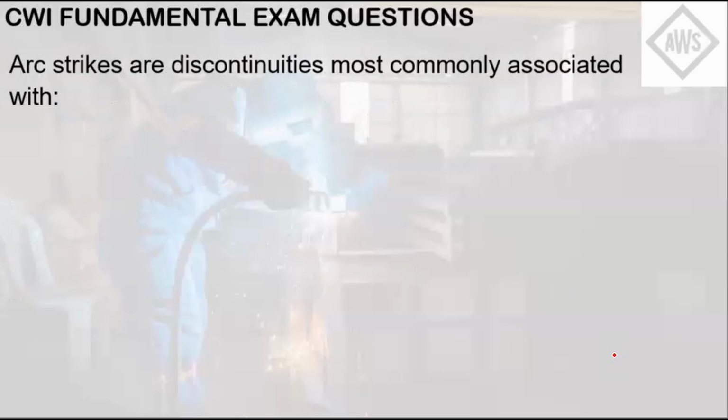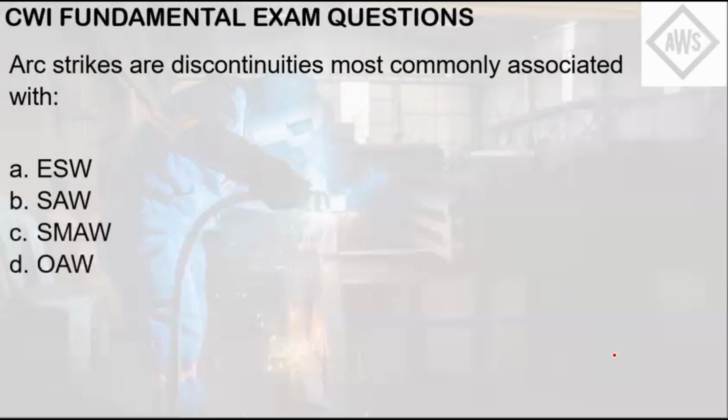Arc strikes are discontinuities most commonly associated with A. ESW, B. SAW, C. SMAW, D. OAW, letter E. GMAW. Arc strikes commonly happen in SMAW or stick welding